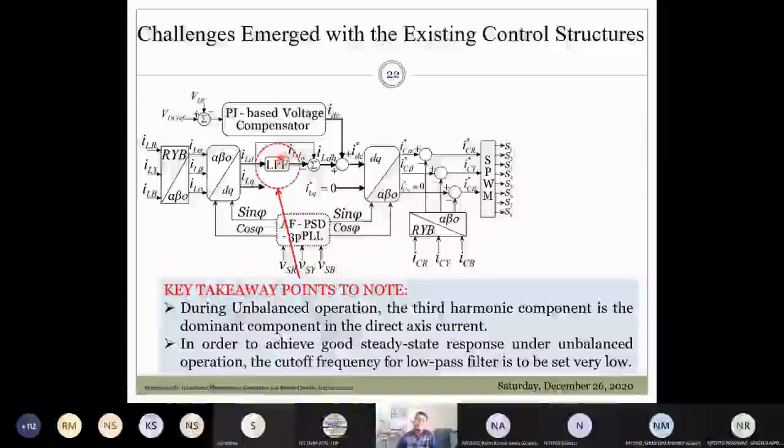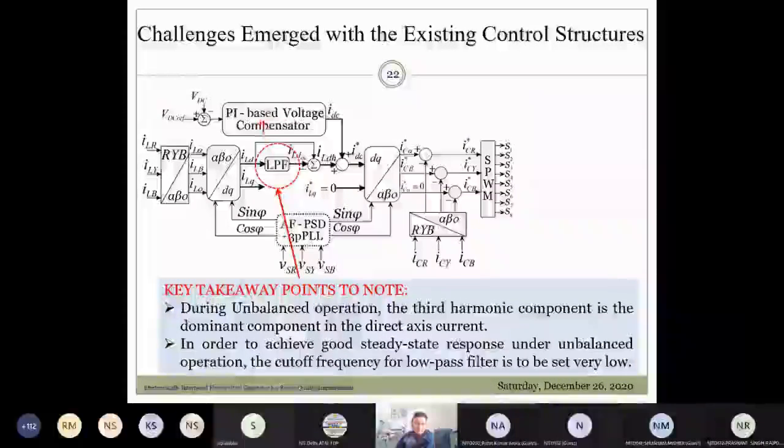Similarly, if I talk about machines, then the torque and flux can be independently controlled, and as a result the coupling effect can be minimized to a great extent. So this is one of the reasons for the requirement of transforming these three-phase instantaneous voltages and currents into the DQ reference frame. Another important thing is that in the DQ frame, the mutual inductance effect is 0. So the parameters which are dependent on the inductance are constant, and therefore it allows the operator to achieve the desired control targets.